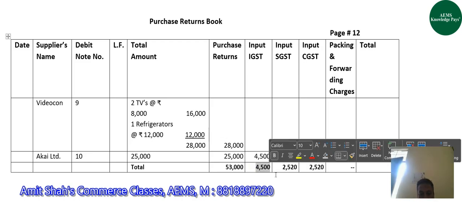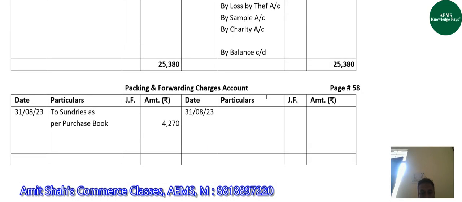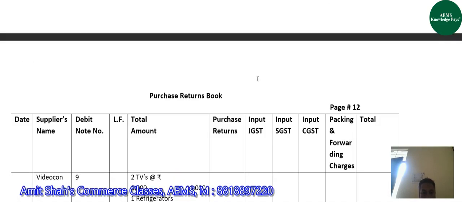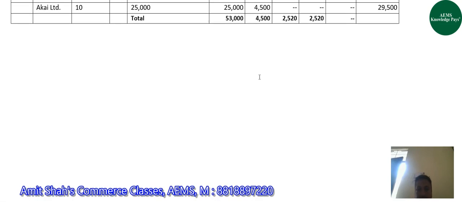This input IGST has gone on the credit side of input IGST account from purchase return book, and on the debit side from purchase book, right? So this much we have seen. Now the next thing that we have to see is